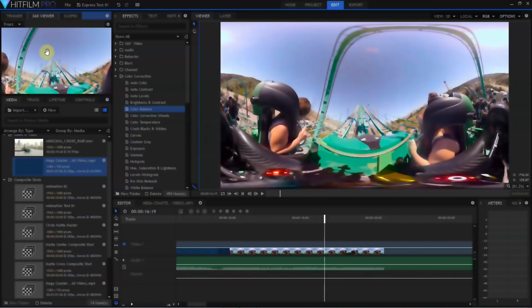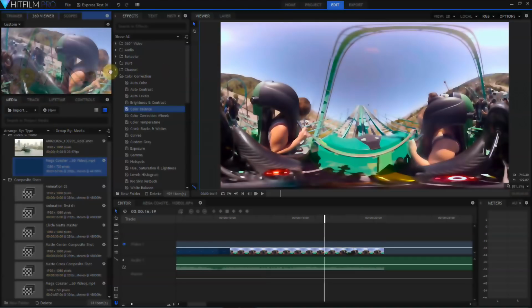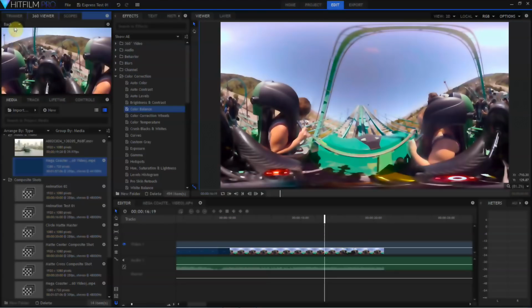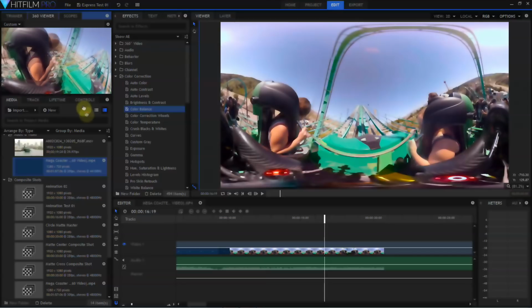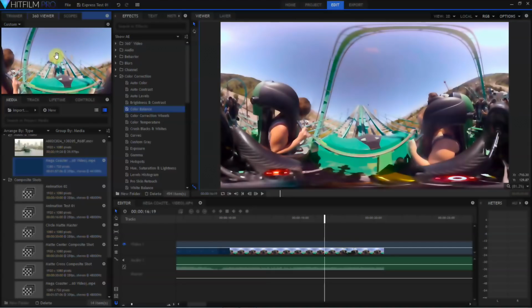It's just there so that you can always view your edit in 360 degrees and just grab and pan the camera around at any time. There's a drop down, so you can always look forward, backward, down. So for those of you who work in 360-degree video, this is going to be a massively useful tool.